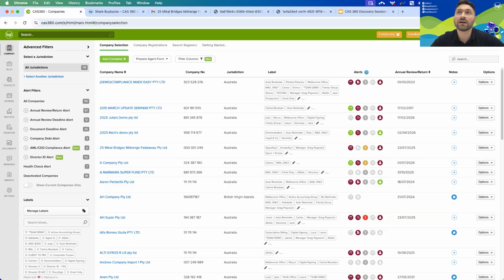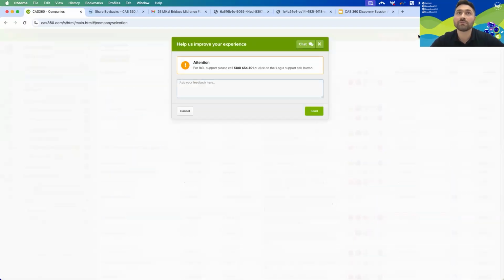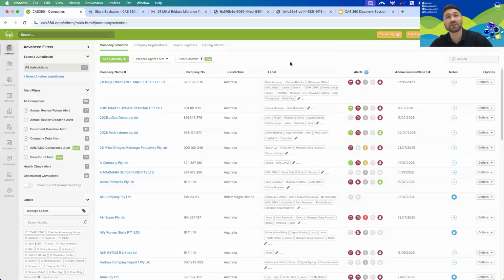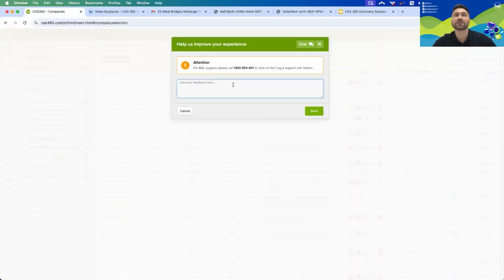We do take feedback. The whole software is pretty much built off the feedback button. The more people that request a certain feature, the higher chance that we will implement it into the software. A lot of the features that you did see today are in the software because people have requested it. We do updates pretty much every 2 to 3 weeks, so we're staying up to date and trying to improve the software as much as possible. It's essentially built by our clients, which is why we always encourage our clients to